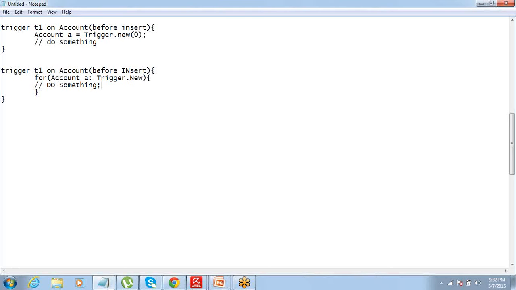So this is a code which is written for the bulk records. So always write a trigger for bulk records. Never write a trigger for single record. Okay, that's the wrong approach.